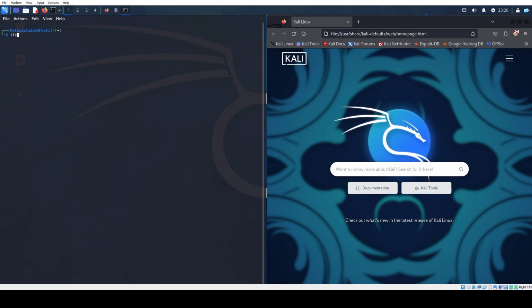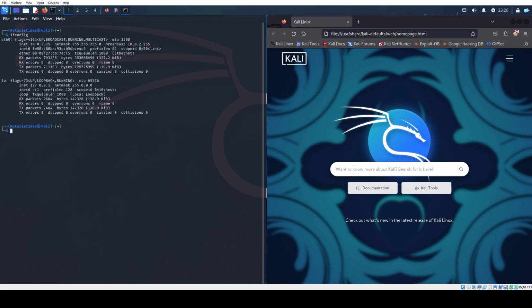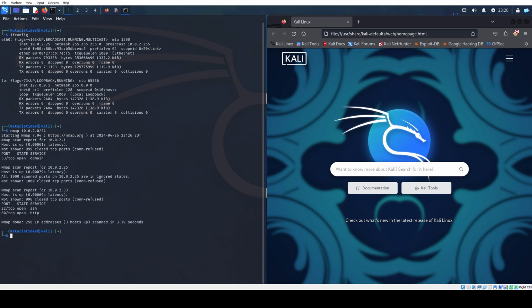First things first, let's identify our target machine. Use the command ifconfig to get our host machine's information, and then use the nmap tool to scan that network with the command nmap 10.0.2.0/24. We can see our target machine has an IP address of 10.0.2.33 and has just two open ports, port 22, which is an SSH port, and port 80, which is an